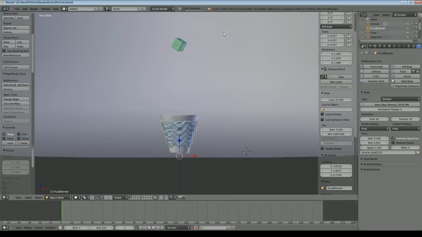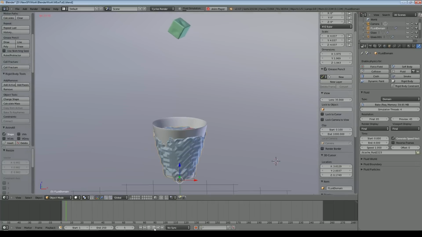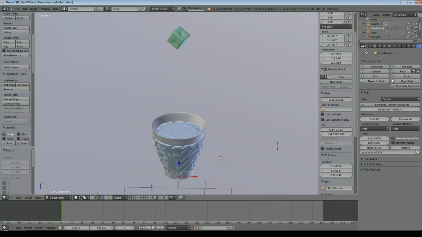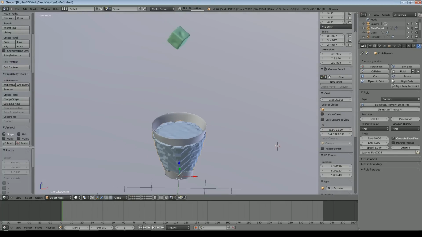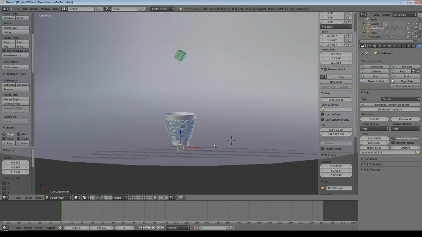You can see already that the simulation is running much more slowly now, but we can play the animation a little bit as we go, and you can see the water's now staying inside there. It sort of collapsed slightly into the glass once the simulation started, and although it's showing out through the edges, it's staying within. But I'm not worried too much about that at the moment. I'm just trying to get everything working. So you can see there's the water and there's the ice cube falling into it. So we'll stop that there. I was just making sure there wasn't some other problem.